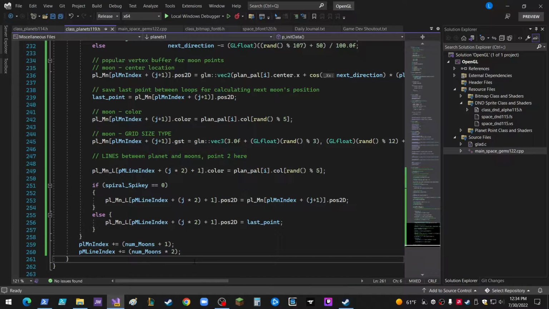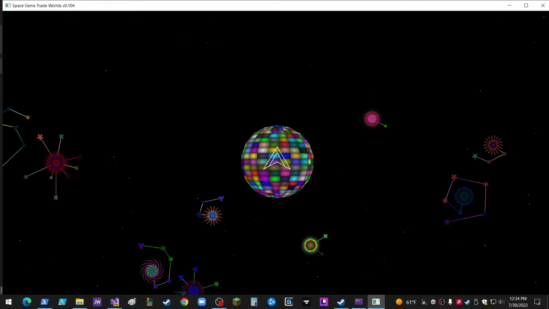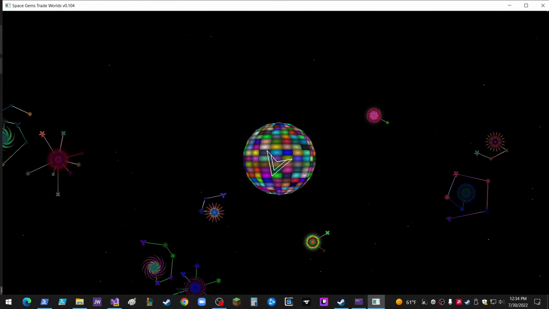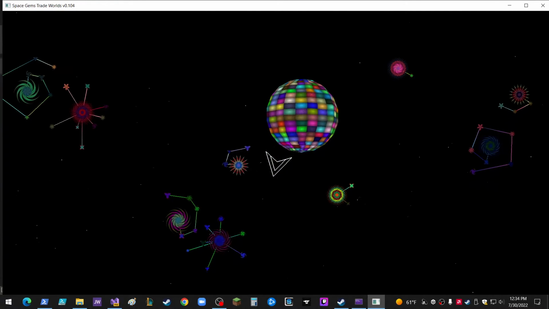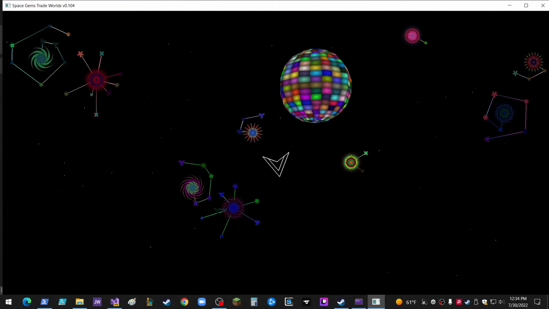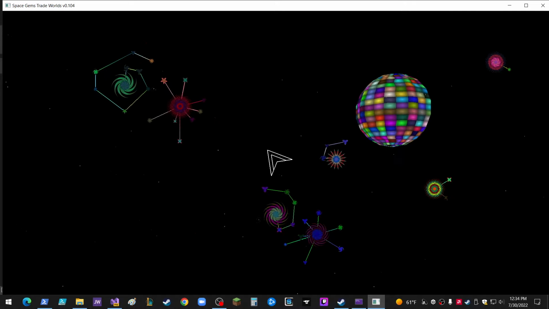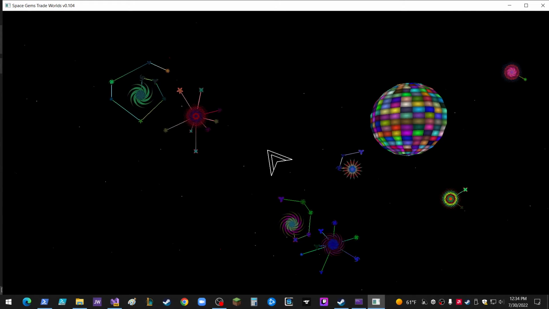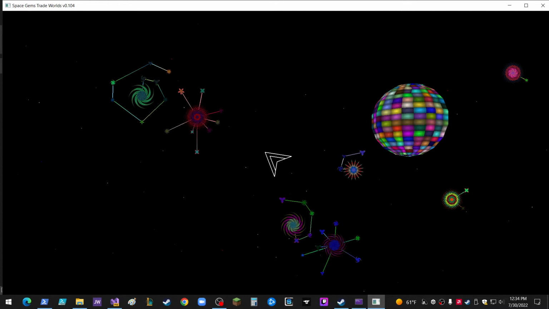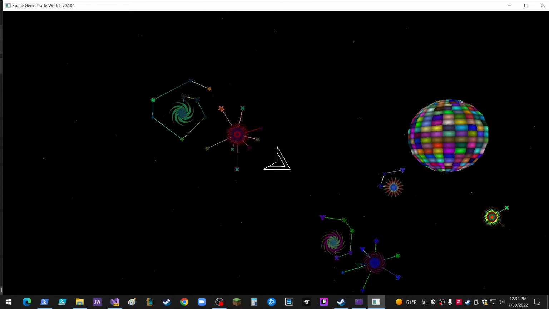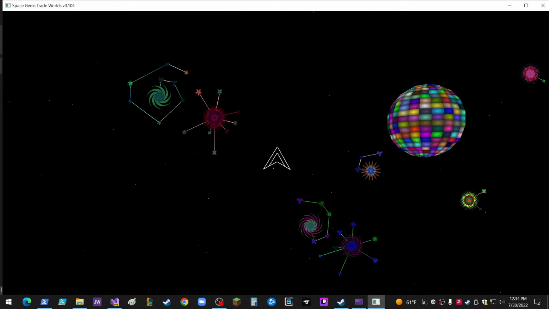Alright. So now I'm going to show you what I did. We'll start with the eye candy first. I selected a random number of moons and the difference between, well, that's a good screenshot right there. Those are both good screenshots. Let's take a screenshot right there. Okay, sorry. So spiral or spiky is what I call it, and I just wanted a different display for the